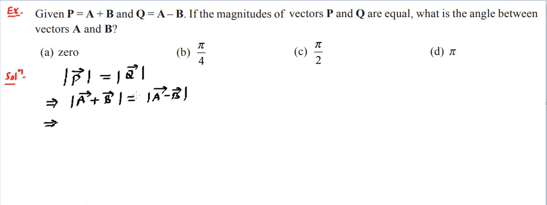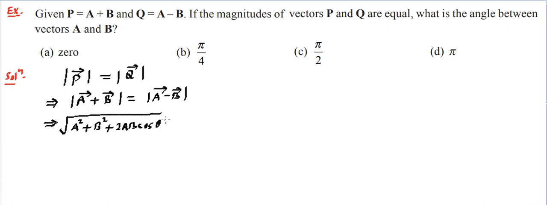If these things are equal, we can always say the squares are also going to be equal, or we can put the simple value. It is going to be square root of a square plus b square plus twice ab cos theta,